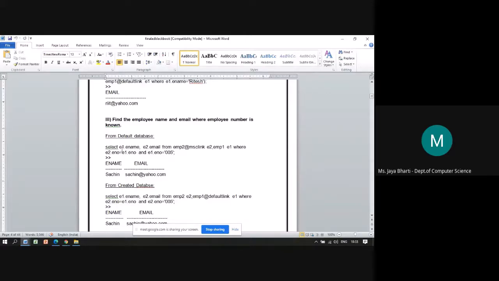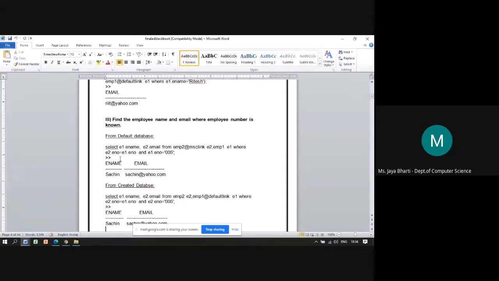So select e1.ename, e2.email from emp2@msclink e2, emp1 e1 where e2.enumber is equal to e1.enumber and e1.enumber is equal to 005.